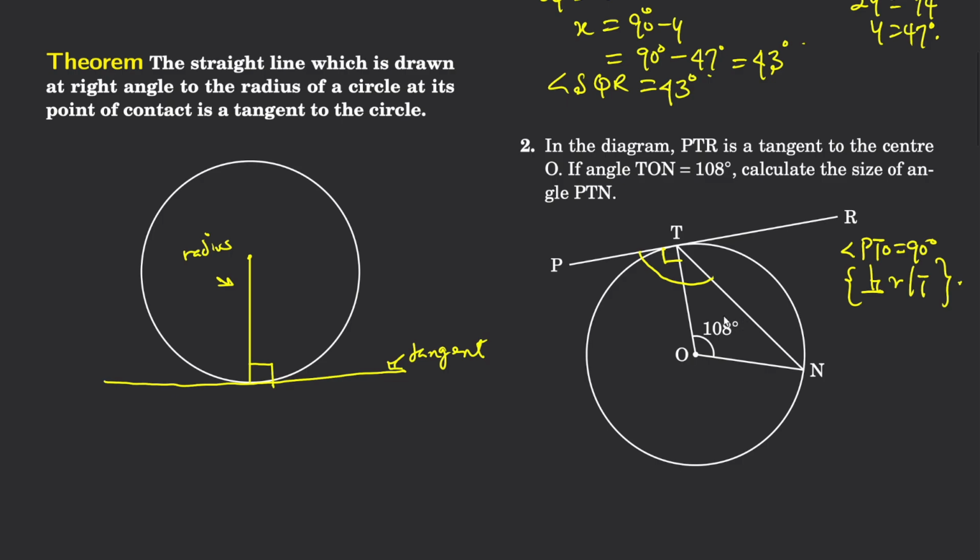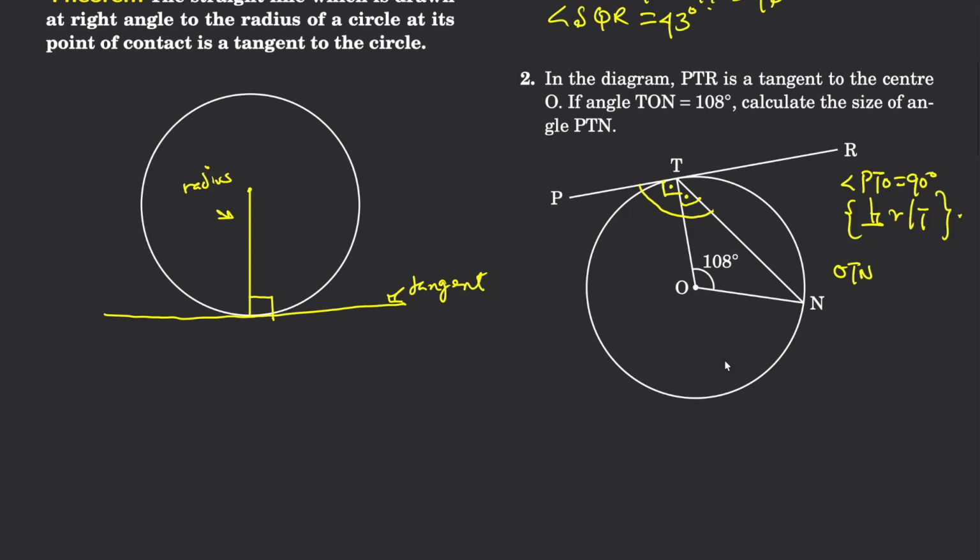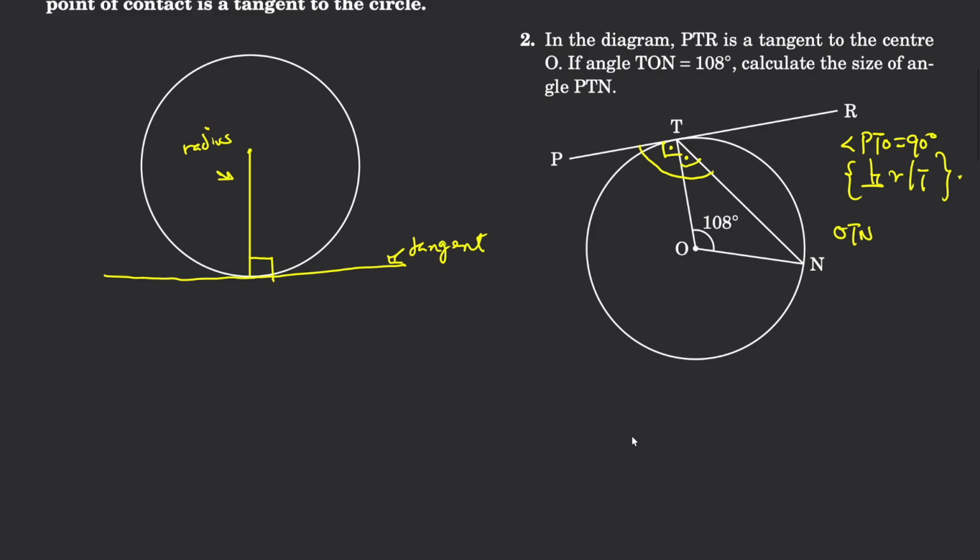Moving on. Now, is it possible for us to find the angle here? Because if we are able to sum up the angle obtained here and the one here together, then we have angle PTN, which is required of us. Now, the angle here, which is angle OTN, is inside a triangle, which is very similar to the one we had in our previous problem. So if I try to extract out the triangle,